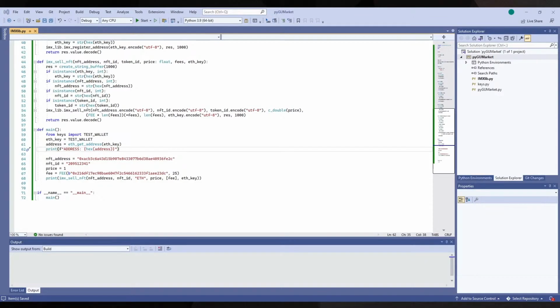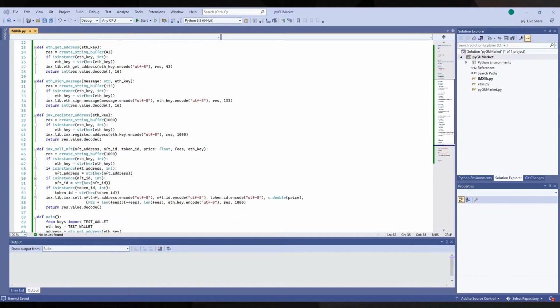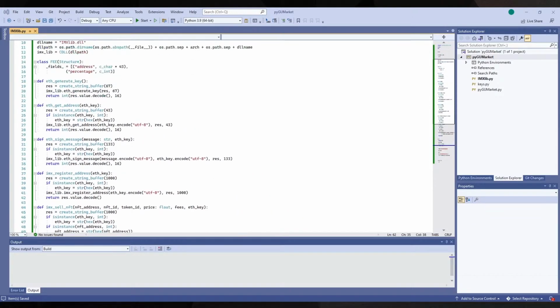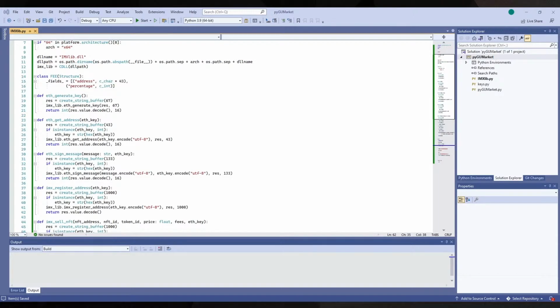All right, so we've set up some, well, we created a sale on IMX. I think I've been online for an hour right now, so I think I'm going to end this here. So we'll do buying, transferring next, and then we'll make it like an actual program such that we can actually use this, because of course, if you have to look up the ID for every NFT or for every card